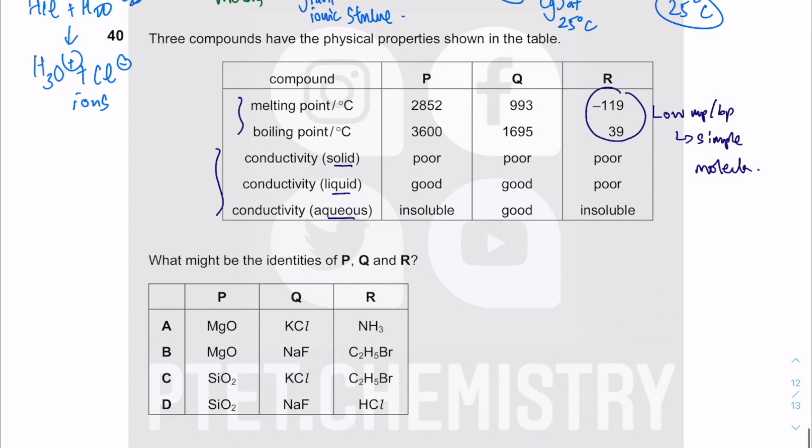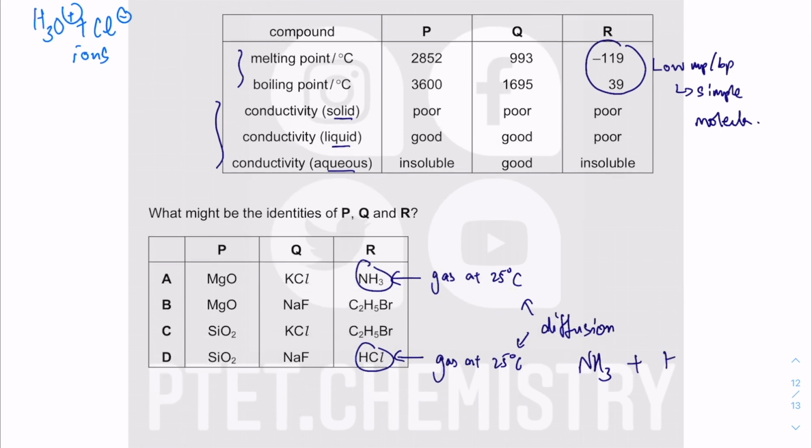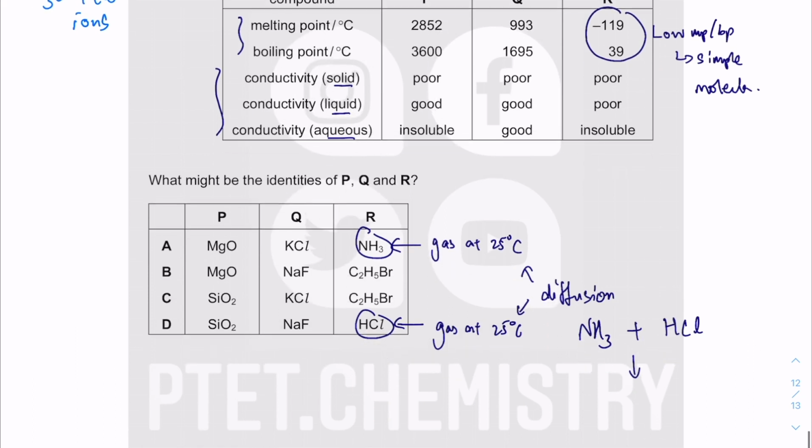Just like the previous question, HCl and NH3 are gases at 25 degrees Celsius. You have come across these a lot of times in diffusion. Remember your diffusion, the white ring, when you have NH3 diffusing with HCl, they have different molecular masses. One is lighter than the other, therefore it will travel further, and it will form a product closer to the HCl because HCl is heavier, and then you should show this by working out the relative molecular mass. And they will give you a product,